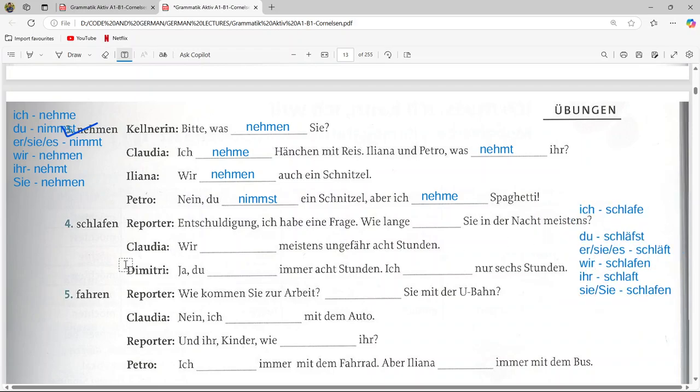Reporter is saying, Entschuldigung, excuse me, ich habe eine Frage. So I have a question. Wie lange schlafen Sie? So this Sie is a formal Sie and also the plural one, talking about two persons, Claudia and Dimitri. So wie lange schlafen